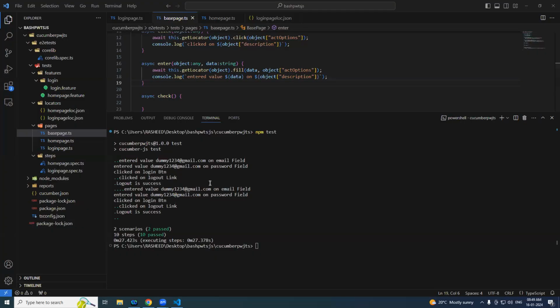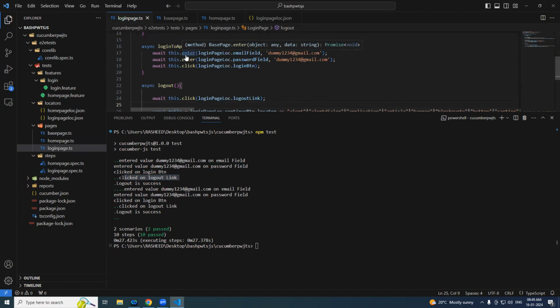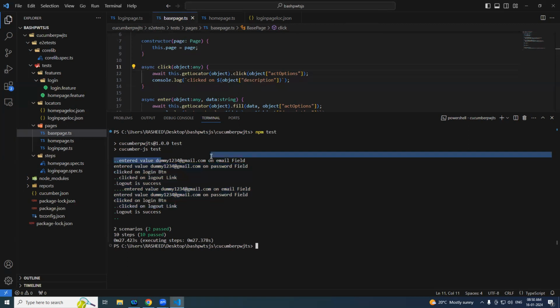Okay. So observe earlier and this one. So entered value, this one on the email field, entered value, this one in password field, clicked on login button, clicked on, how descriptive it is. The reason why I have created base page and why I have added these enter method, click method, when Playwright is directly offering it, is that imagine if this part is coming to your report, how descriptive the report will be, self-descriptive, what is happening at each and every locator level. You can see over here, right? How it is